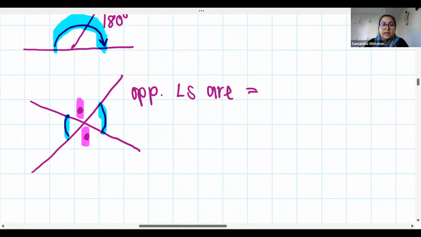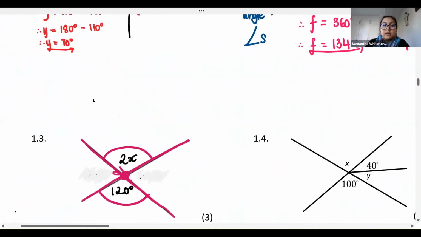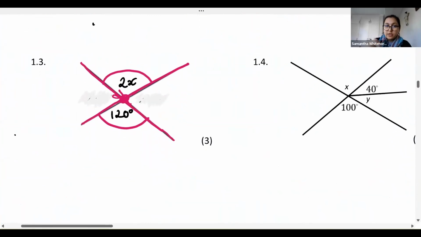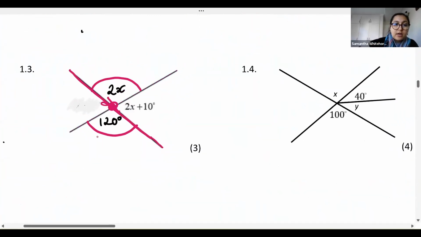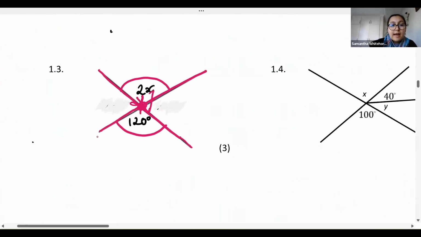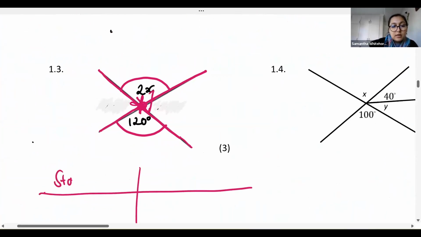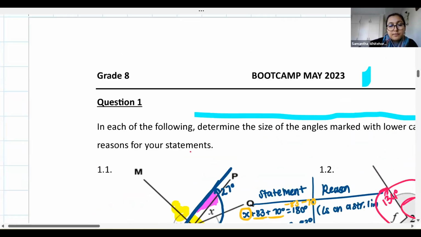So if we go back to our example, we should now see that they're vertically opposite each other. They are directly opposite each other at that point where the lines meet. And so I can now make the statement that those angles are equal. So I can say 2x is equal to 120 degrees. And I can give my reason that this is because